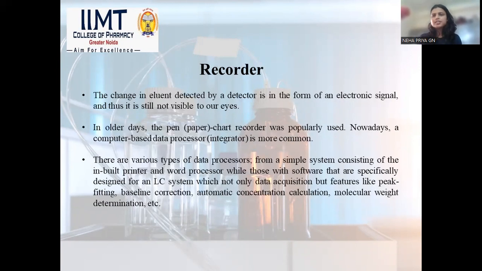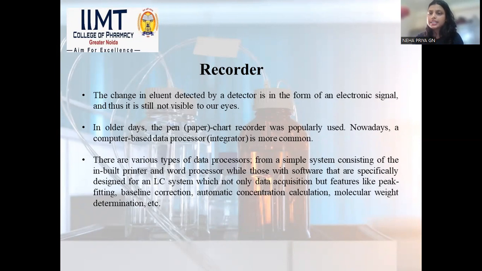Next thing is the recorder. Earlier we used to just write the result down on paper, but now we have computers used as a readout unit. The detector produces an electrical signal, which is not visible to our eyes, but within the readout unit we can get to know the result of each sample. There are various types of data processors, from a single system consisting of an inbuilt printer and word processor,